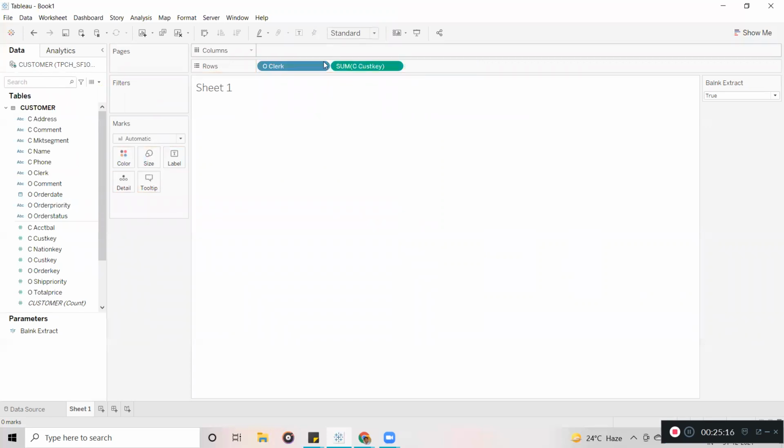So after creating an empty extract, I am going to publish this data source to server. From the server side, I am going to trigger a refresh. What will happen if I trigger a refresh from the server side?